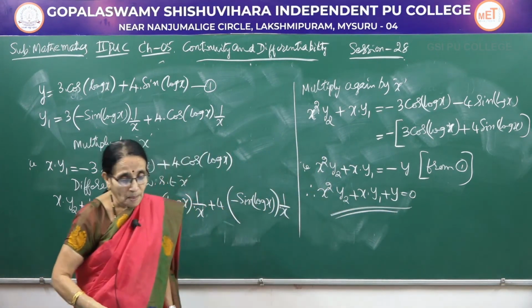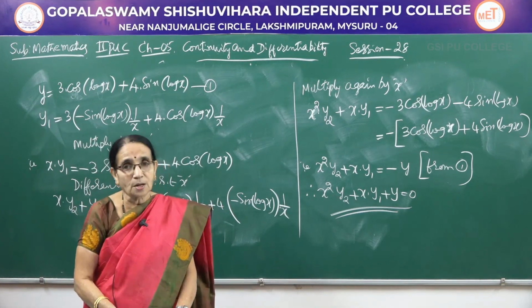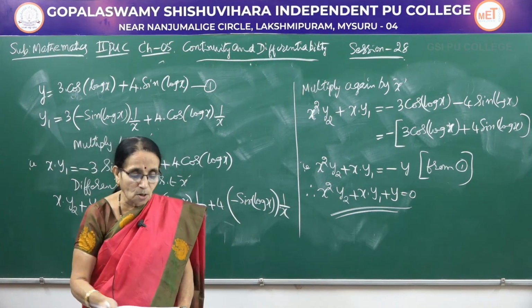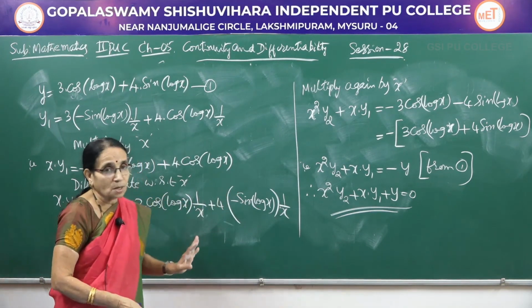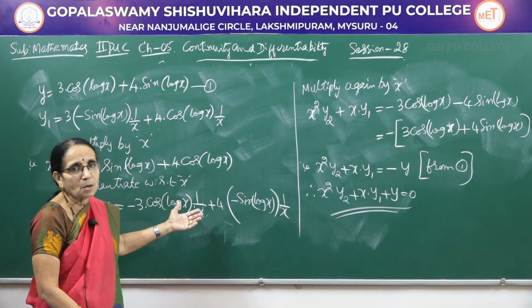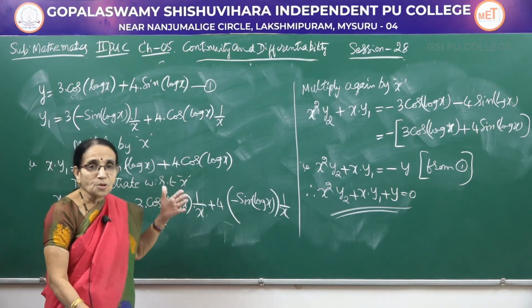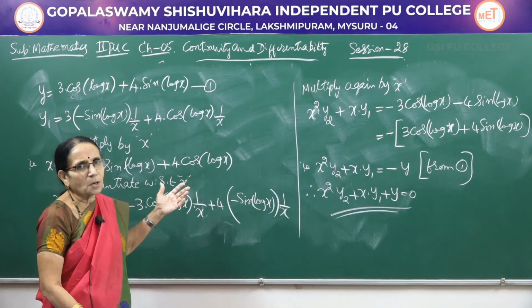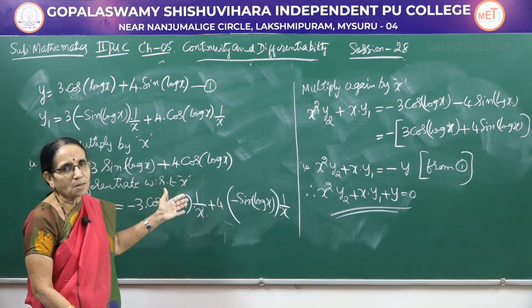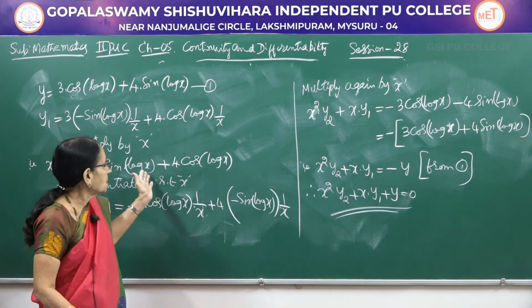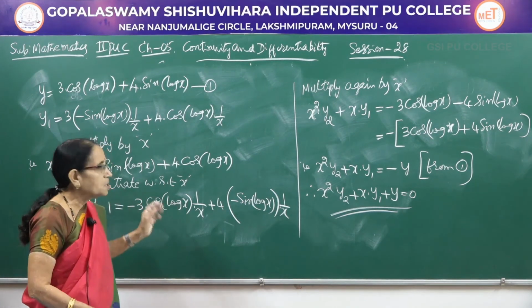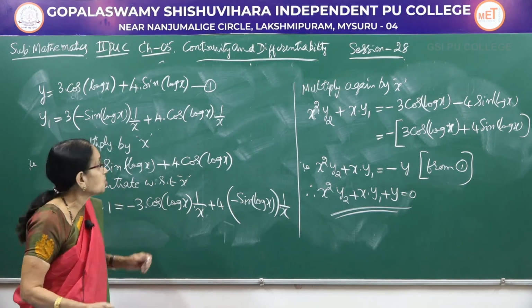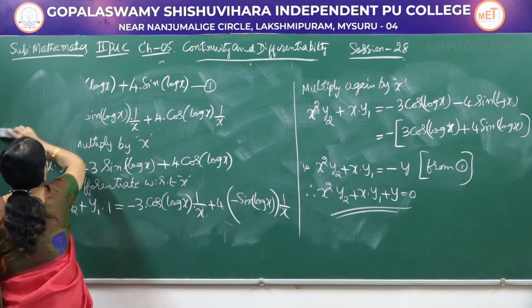So when a part of the function is a logarithmic function, there also if you apply this procedure after the first derivative, multiply. And for an inverse trigonometric function, we can write cross multiply, only one term would be present on the right hand side. You can cross multiply. Here there are 2 terms, both of them are having x in the denominator. So multiply throughout by x. Naturally that solves the problem easily.